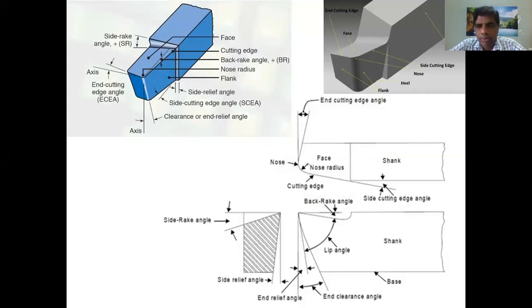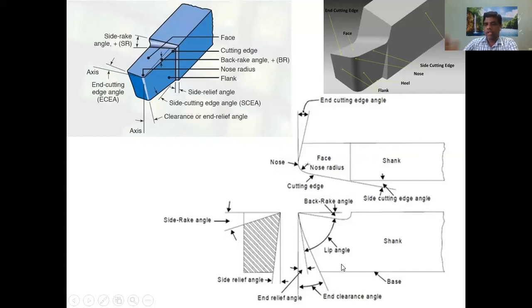But normally for engineering drawings, we follow the 3 views: front view, side view, and top view. So here also, maybe you can see in this diagram, whatever cutting tool is here, we try to draw 2-dimensional views of it. So orthographic projections are drawn. This is the side view, so that you can easily understand.